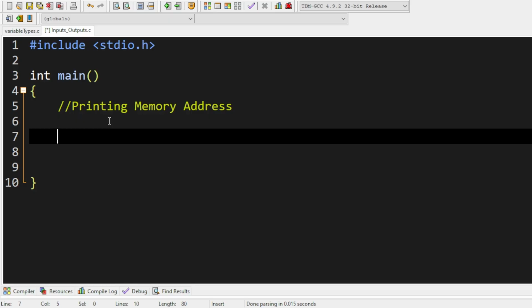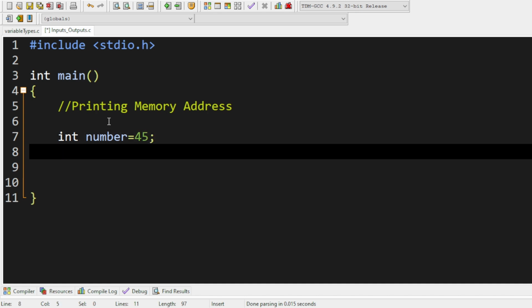So let's see how we can use the address operator to retrieve the memory address of a variable and print it on the console. I'm going to declare a variable of type int called number, so int number, and I'm going to initialize that to 45. Then I'm going to use the printf function, and inside I'm going to say memory address. And I will utilize the format specifier %p that allows me to print the memory address. Then we do &, the address operator, and the name of the variable, in this case number, that I'm passing as an argument. And so we're retrieving the memory address of the variable called number,